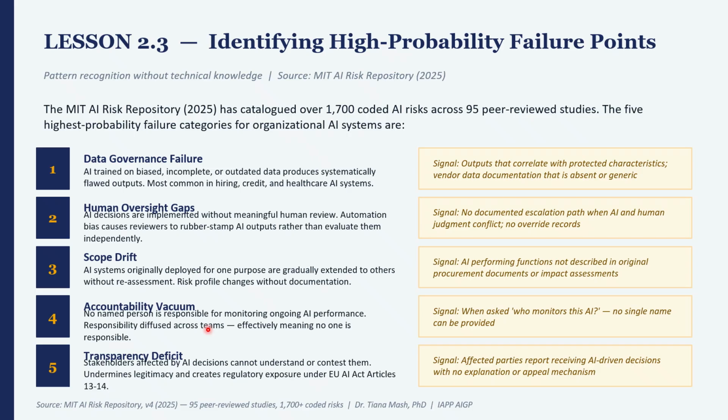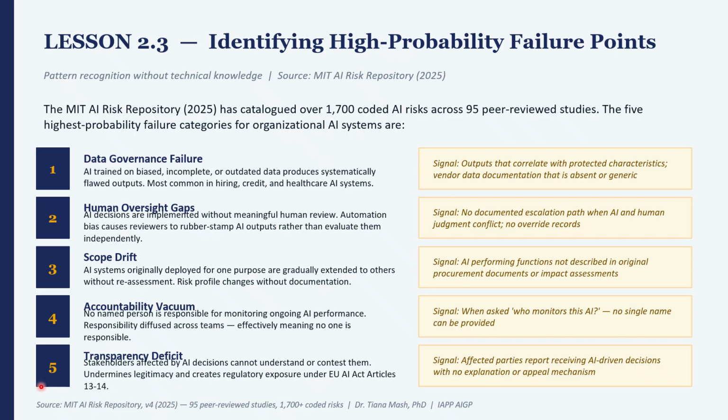Ask three different colleagues who's responsible for monitoring your most significant AI systems. Even if you're a leader, just because you pay somebody to do the work for you, you still need to be responsible. If you get three different answers or no answers, you have an accountability vacuum. Accountability means lawsuits. Accountability means possible criminal or bylaw charges, and potential harms to clients. You're working with humans, so you need to be well aware of the high probability.